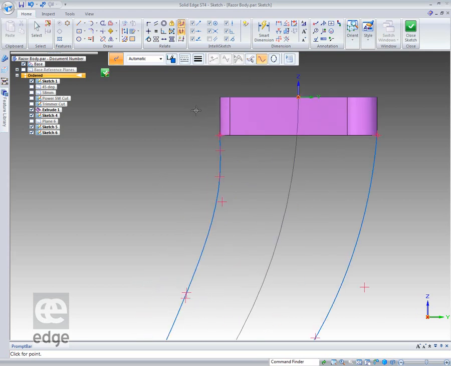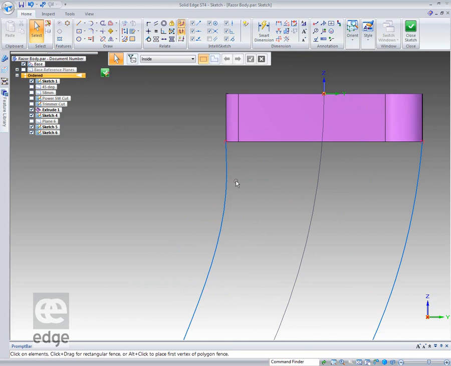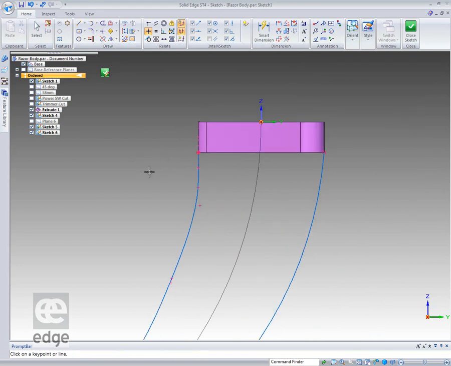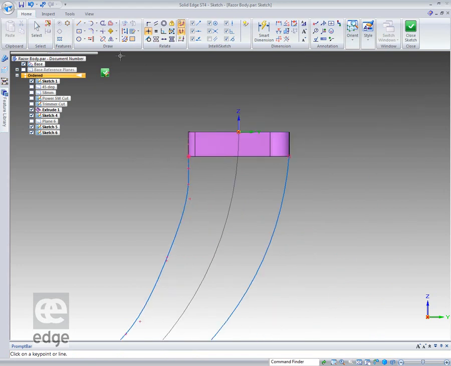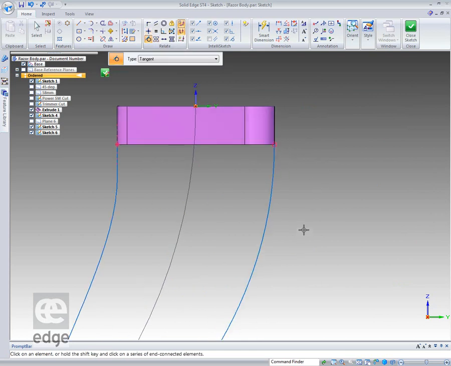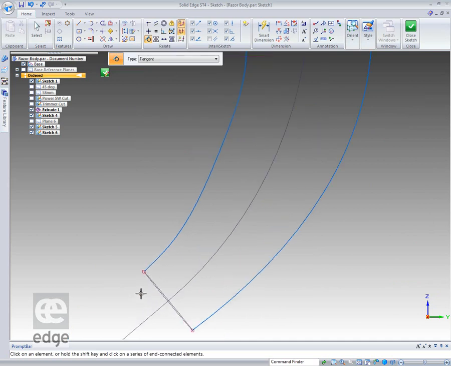Now I'm going to zoom up into here a little bit and show you what I want to do here. I'm going to take the first point of the control polygon, this point here, and make that horizontal vertical to this line. Right, so it's constrained like that. Over here I want to make sure that this curve is tangent to that edge or face, and then down the bottom here,